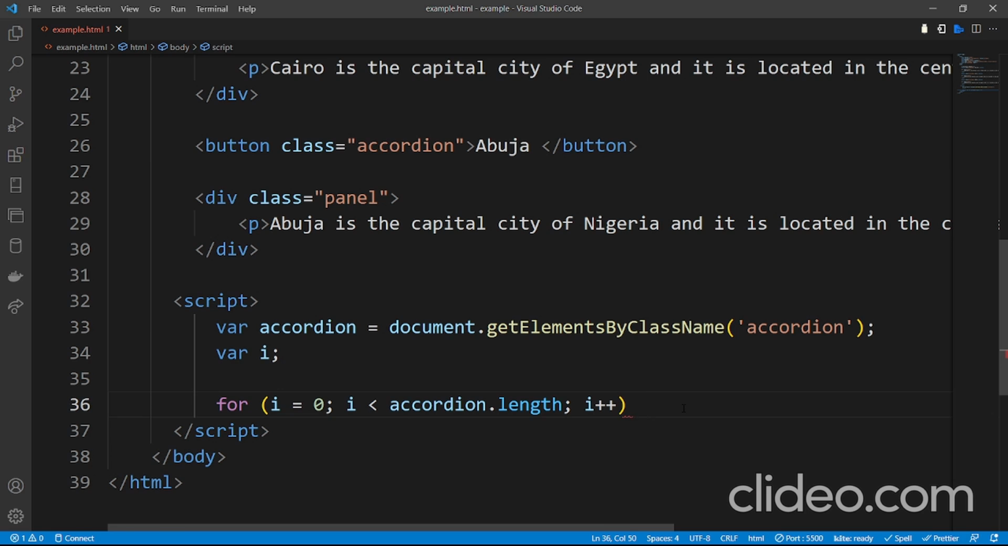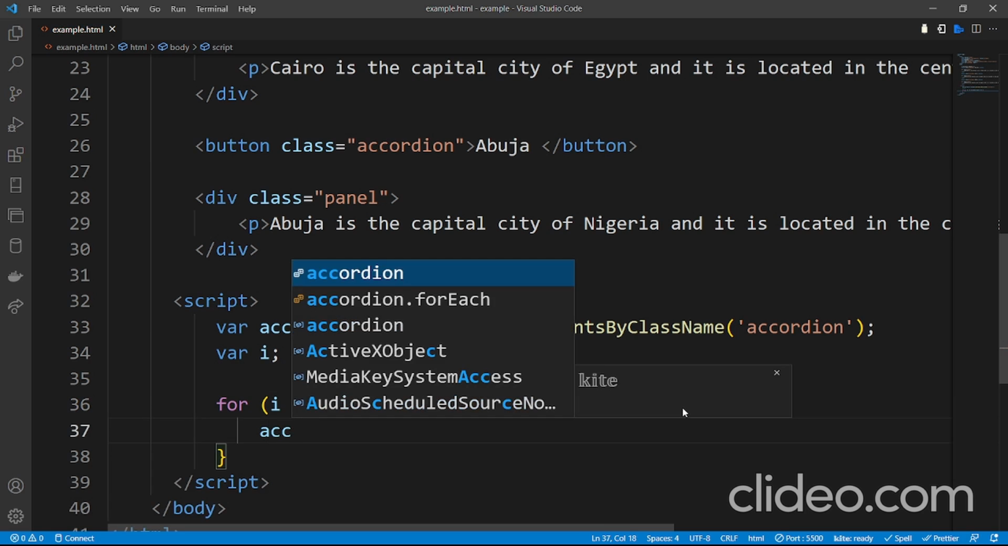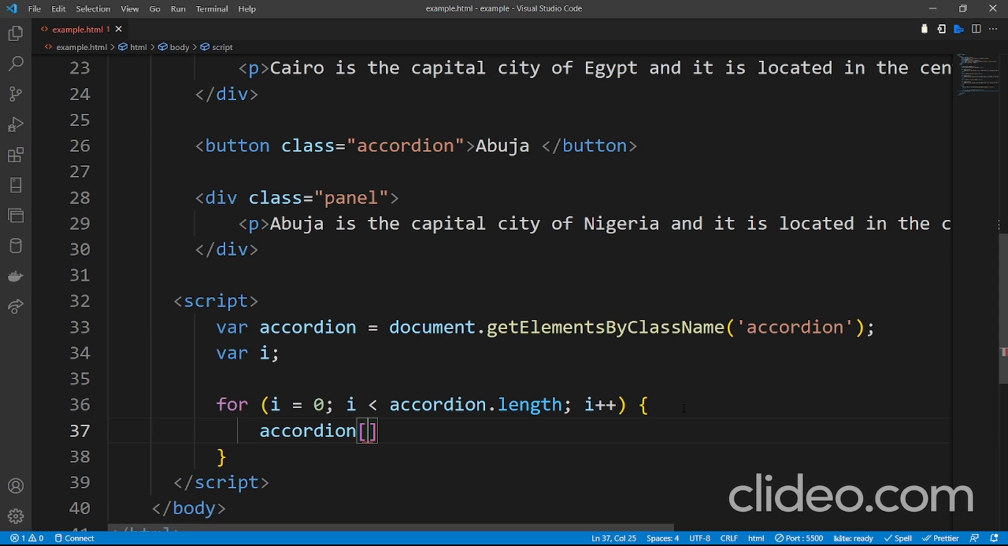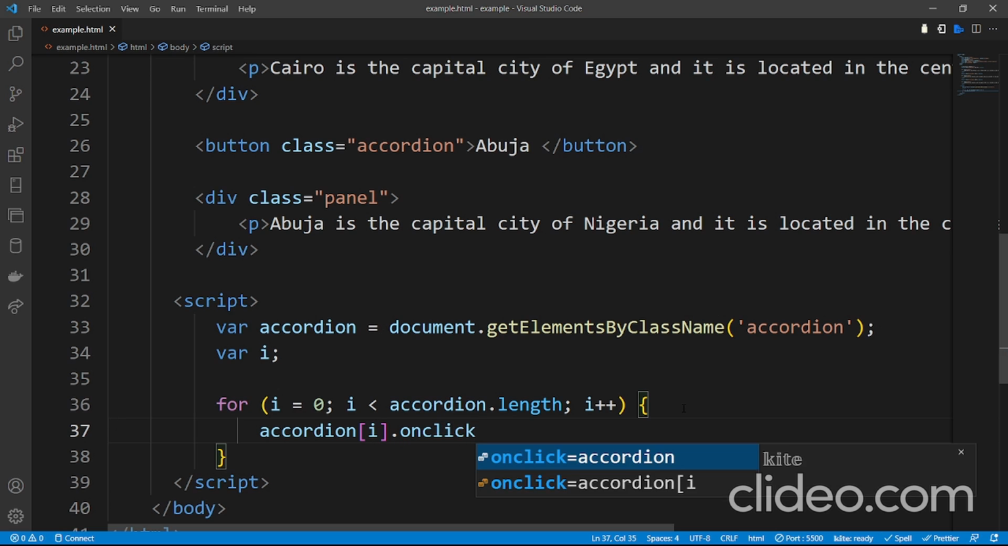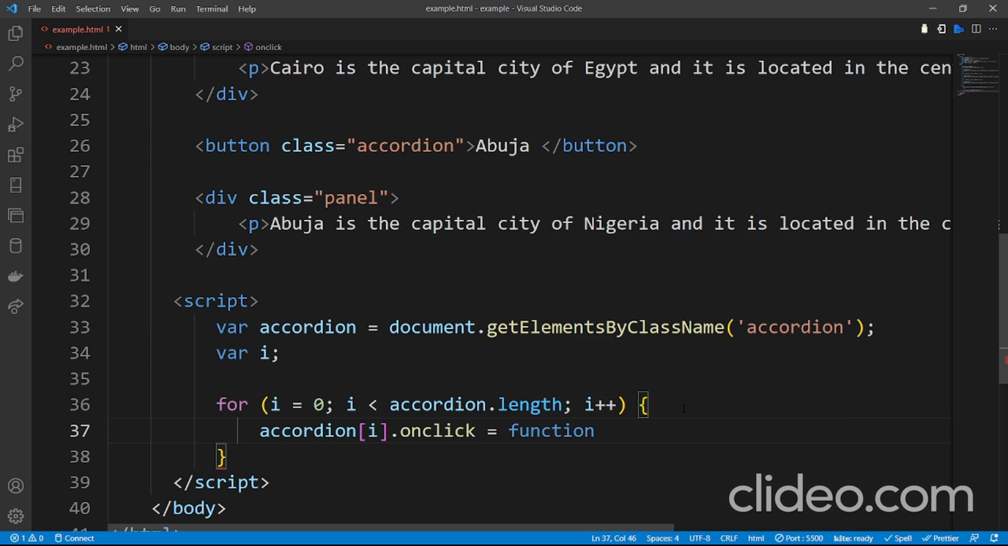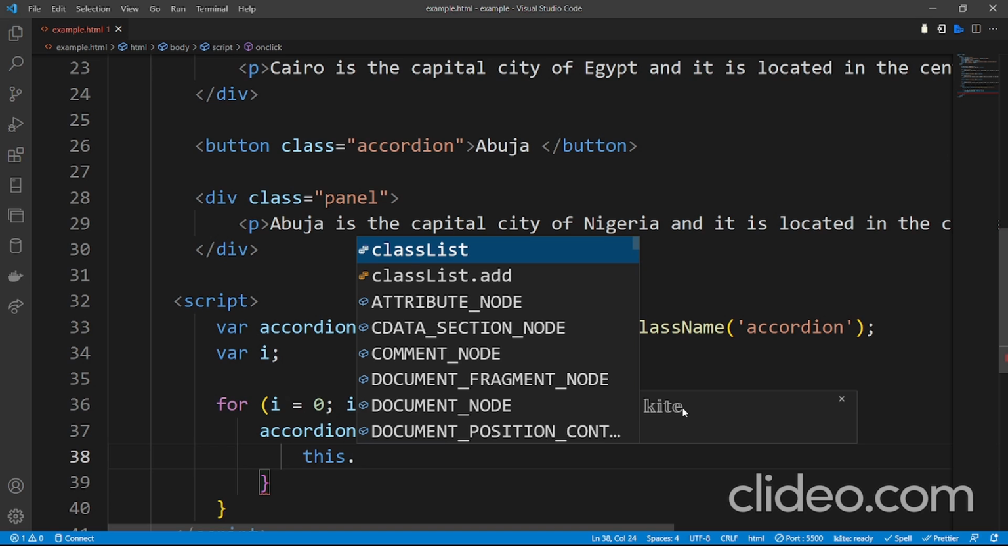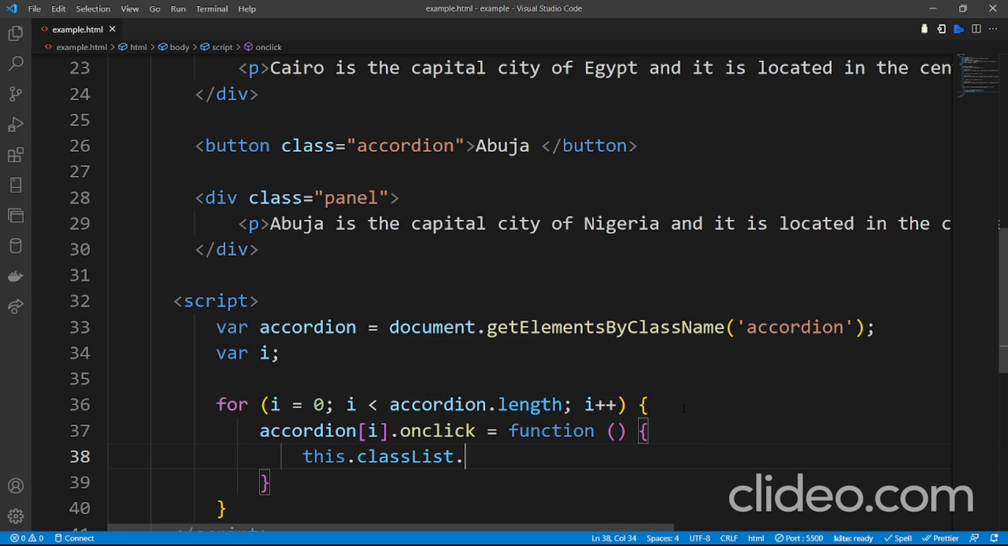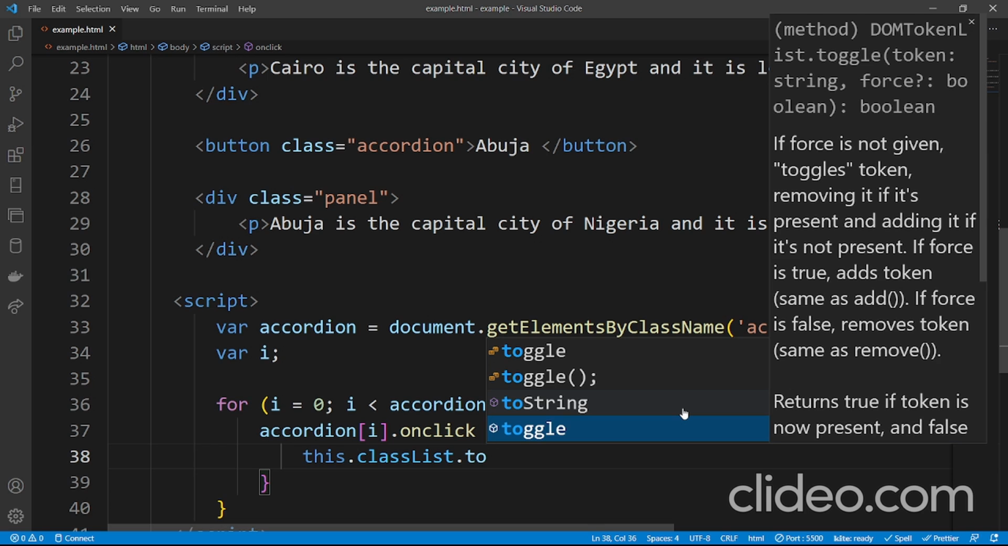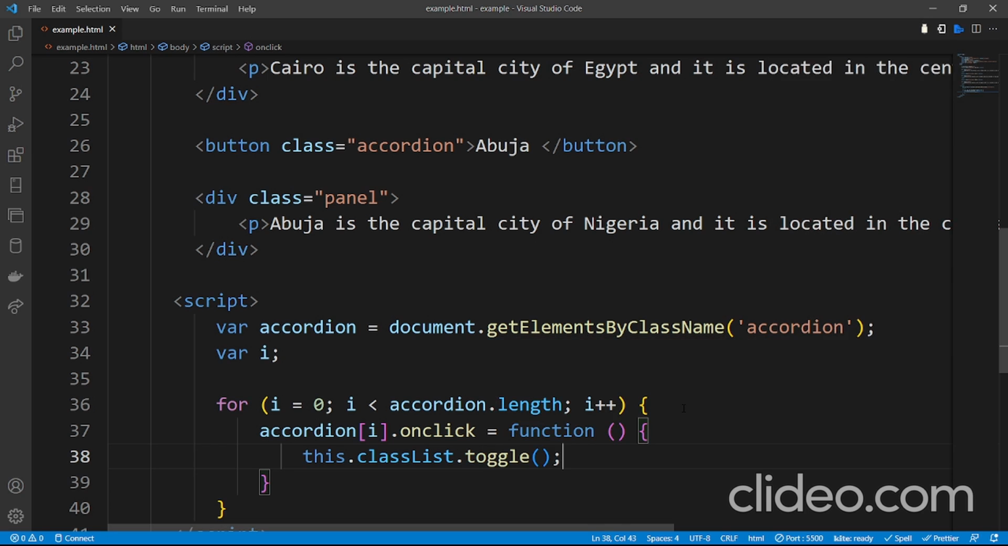Then we proceed, open curly braces, and we say now accordion, with our variable i, then we say .onclick. accordion[i].onclick equal to a function, put a function, and this function is going to take none of the arguments, and then we say this.classList.toggle,